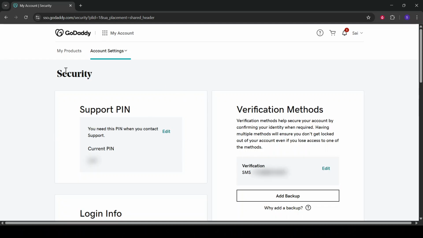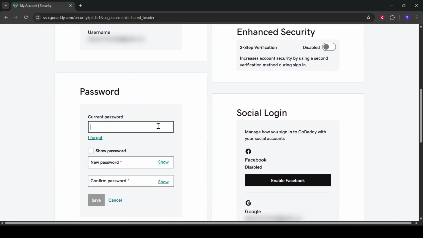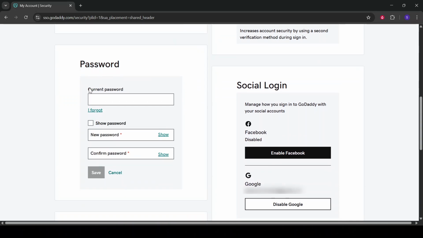Here, you'll find the option to change password. Click on it, and the page will prompt you to enter your current password, followed by your new password twice to confirm. Creating a strong password is crucial. It should be a mix of uppercase and lowercase letters, numbers, and special characters. Aim for a password that's at least 8 to 12 characters long, ensuring it's memorable just for you but difficult